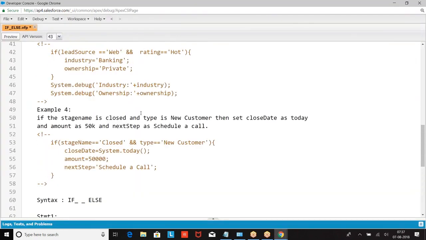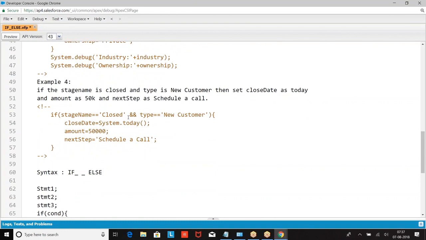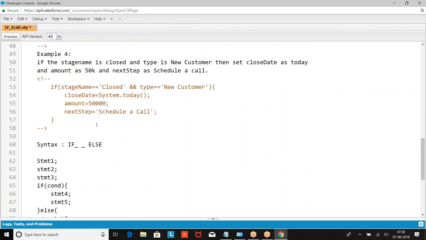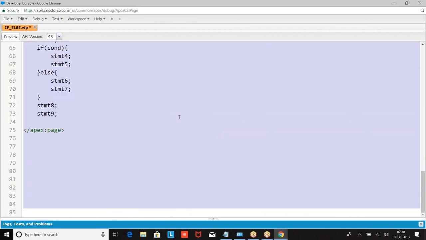Again, I repeat, this is not the complete code. Where did I define the variables? How can you assume that I defined the variables within the if? I have defined the variables in the class above. I might have defined the variables in the method. It is a snippet, not a program. It shows how to write a logic, assuming that variables are already defined on the top. Okay, boss? I hope I'm clear with that.